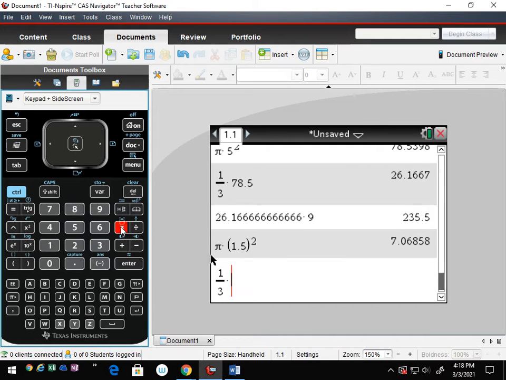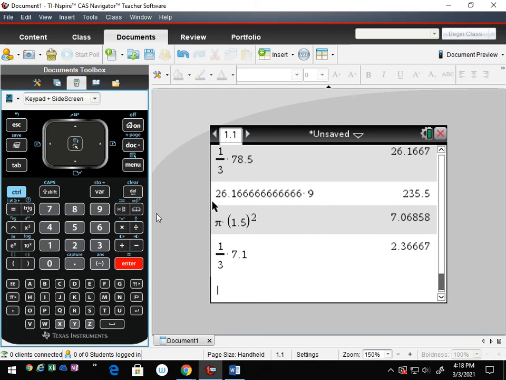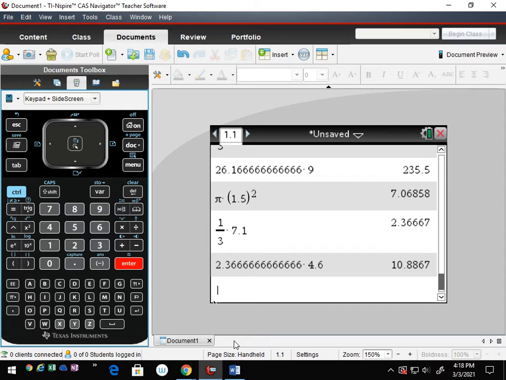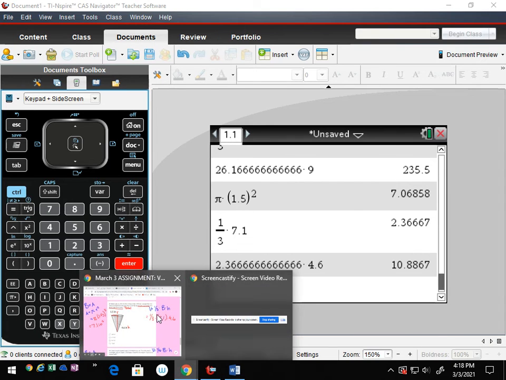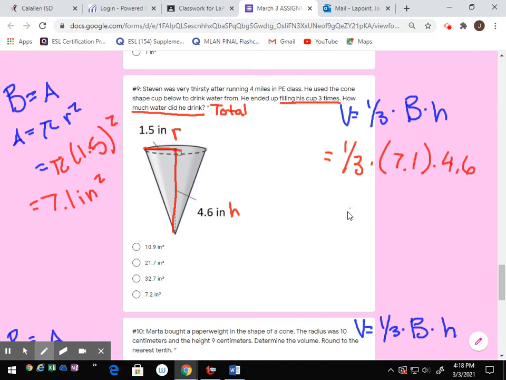1/3 times 7.1. We get this, and times our height, which is 4.6. And we get 10.8876. So we'll just write 10.9 for right now. Equal to 10.9 inches cubed. All right, we do see this answer choice right here, but this is not the correct answer because